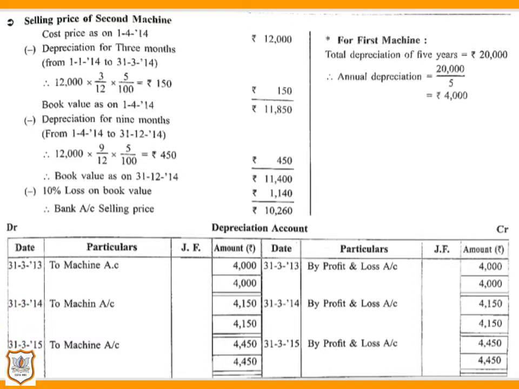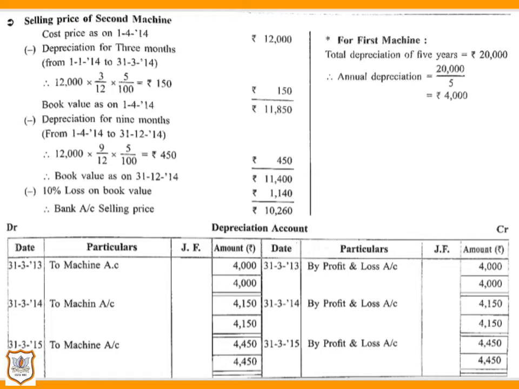calculation for selling price of second machine and depreciation of second machine. Here it is given in the question that the second machine was purchased on 1st January 2014. That means in the accounting year that begins from 1st April 2013 and ends on 31st March 2014. So in this year, we will not calculate depreciation for whole year, because this machine was purchased in this accounting year on 1st January 2014. So here we will charge depreciation for 3 months only, that is from 1st Jan 2014 to 31st March 2014,